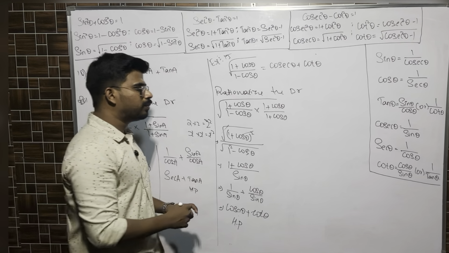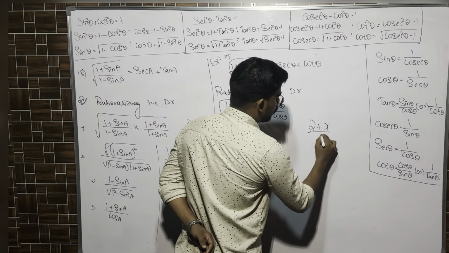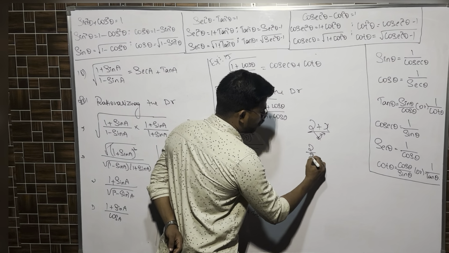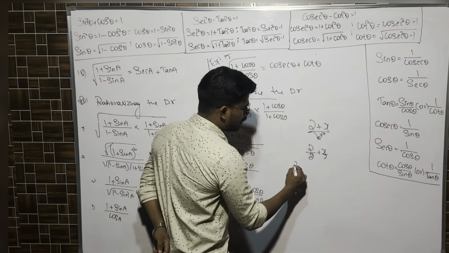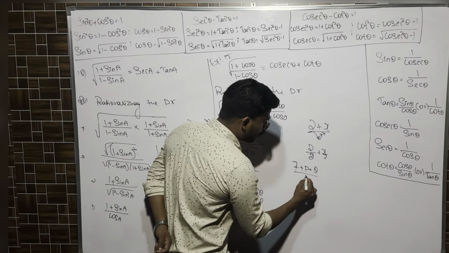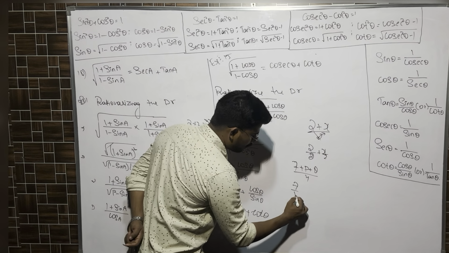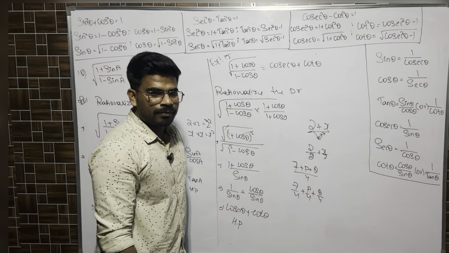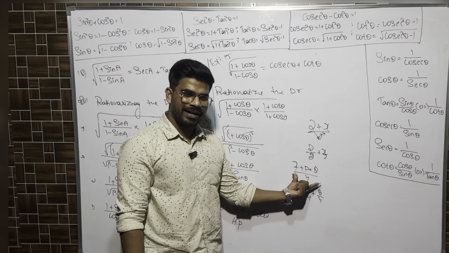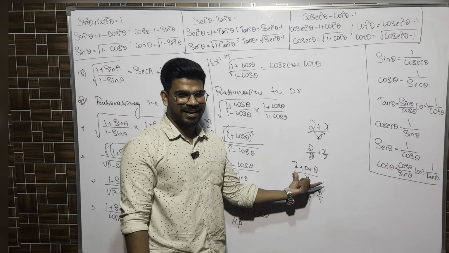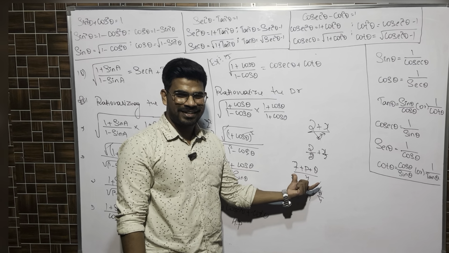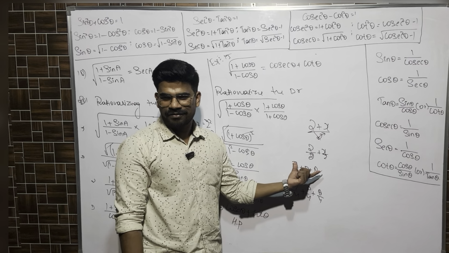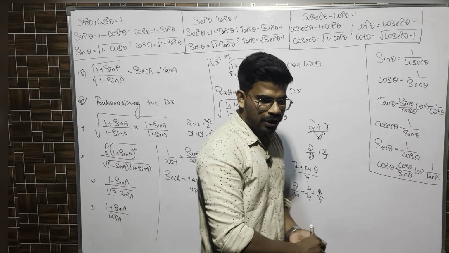Yes, tell me. This one. 2 plus x by 2 is there. You can split it like this: 2 by 2 plus x by 2. For example, 7 plus p plus q by 4. We can split 4: 7 by 4 plus p by 4 plus q by 4. If the property is distributed among 3 brothers, until and unless your parents are alive, it will be like that only. Once they are gone, you will fight and you will take your share. Like that, until and unless it is there for all the factors, you can keep it in the denominator.